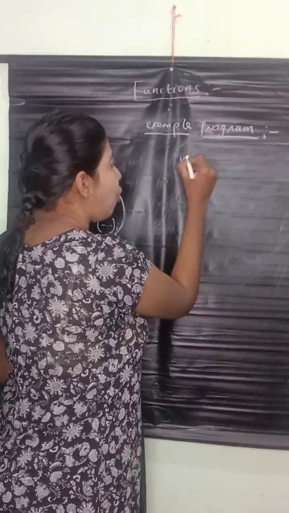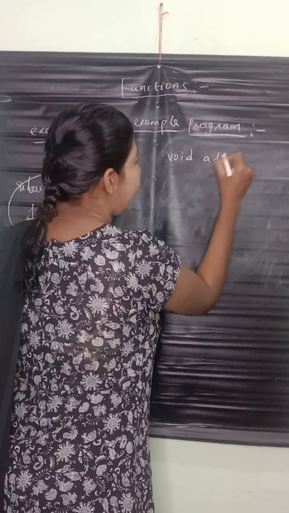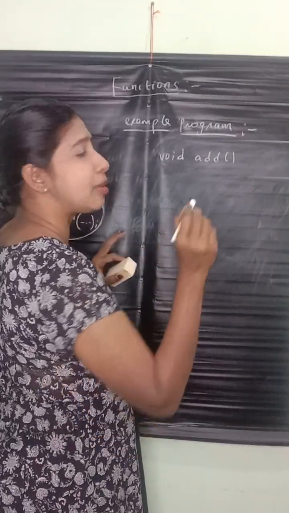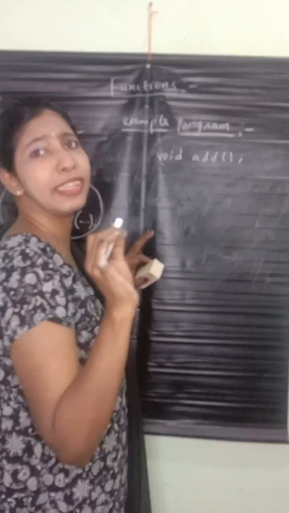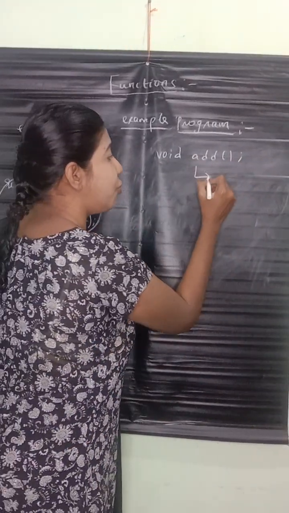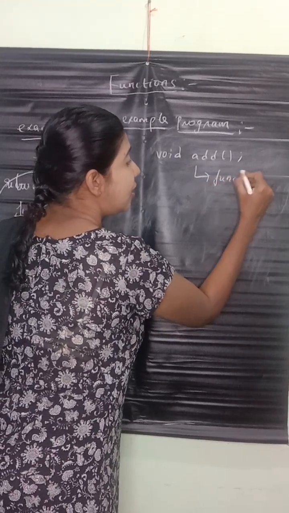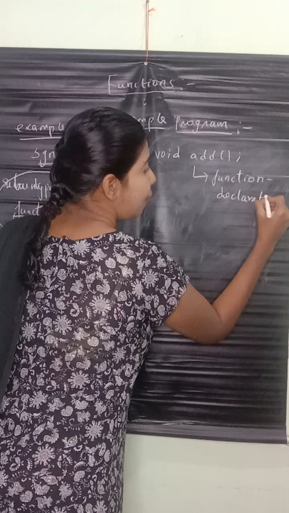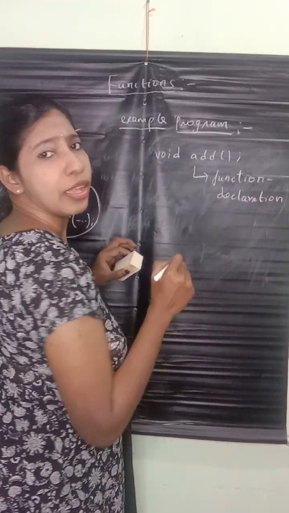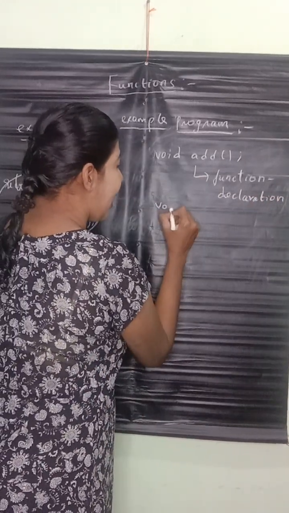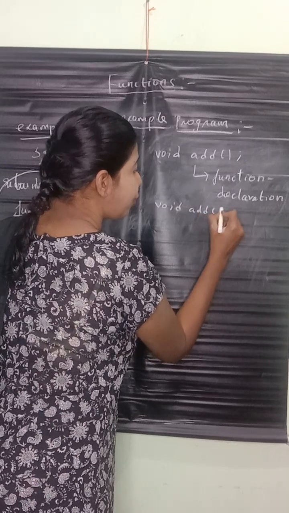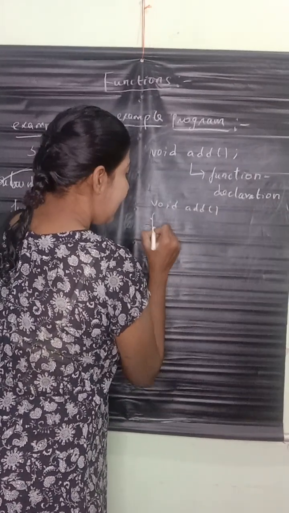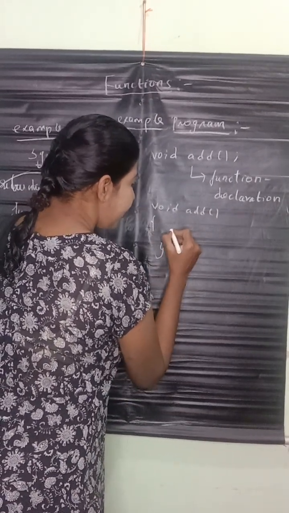Example: void add of, and calling a simple function. I am creating a simple function, with a semicolon. Semicolon means function declaration. This is a function declaration. If you write void add of, remove the semicolon and put here printf